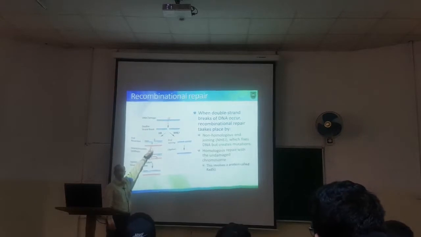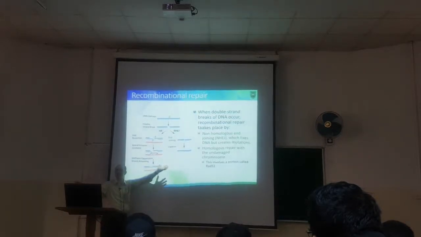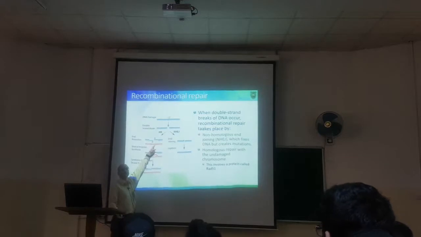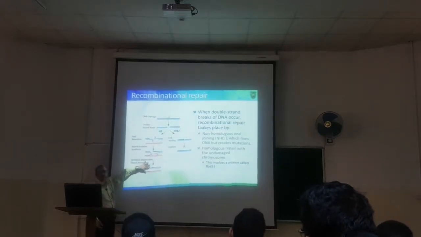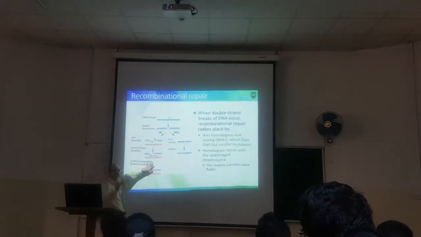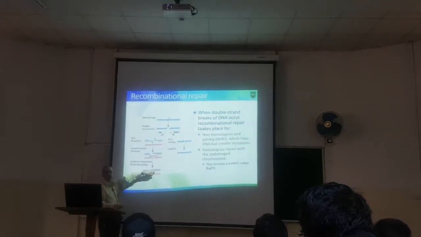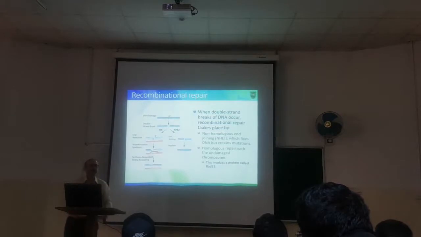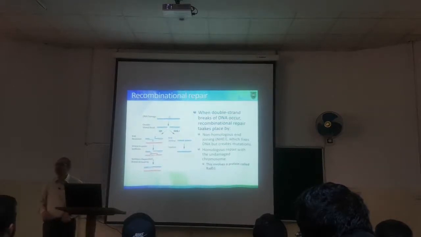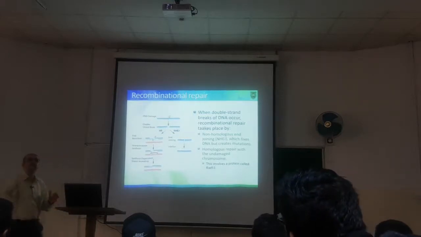وبالكروموسوم المنيح اللي اخذنا منه فراجمنت واحدة من الستراند الثانية نورمال ما فيها mutations ما فيها break. It can be used as a template to fill in the gap. So eventually you will have a chromosome where we've taken part of the other chromosome out when we put it in and we can fill in the gap in both of these chromosomes. So this is known as homologous recombination. Is that clear? واضح؟